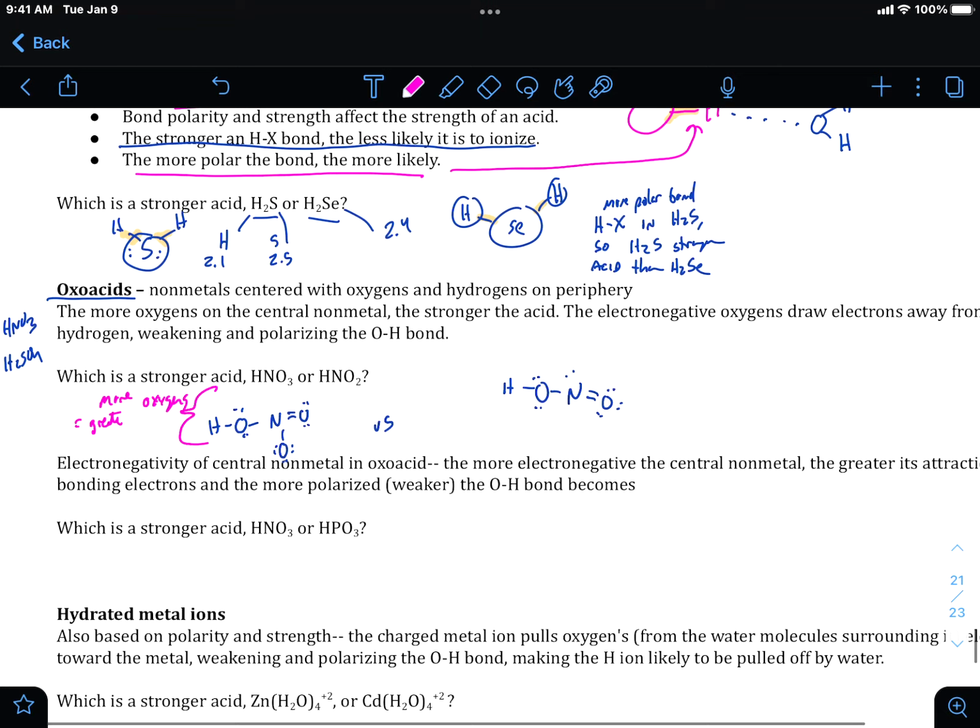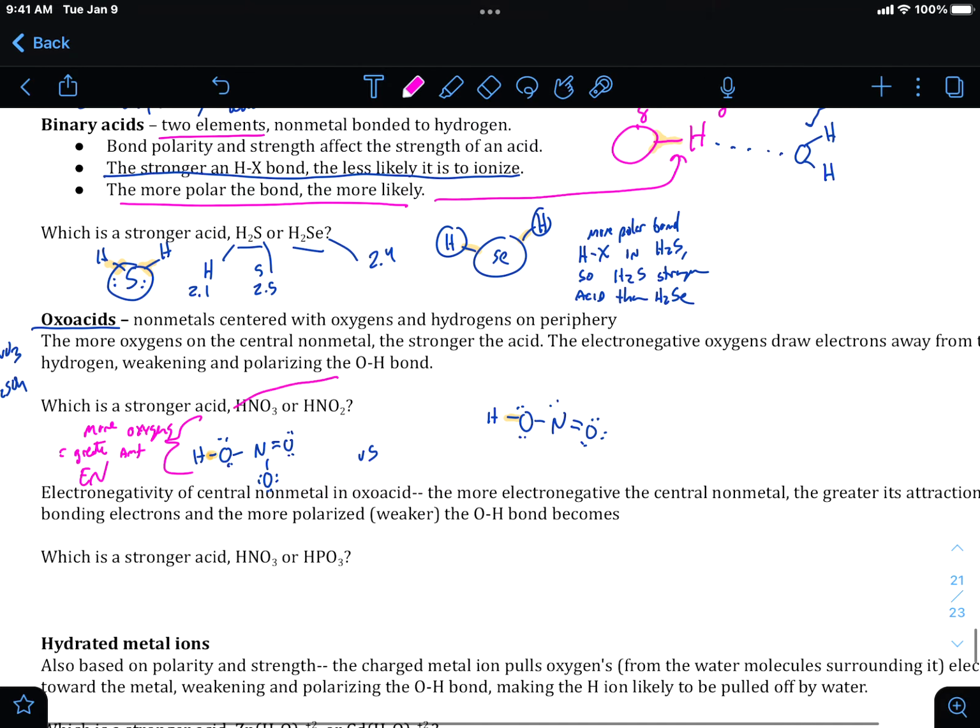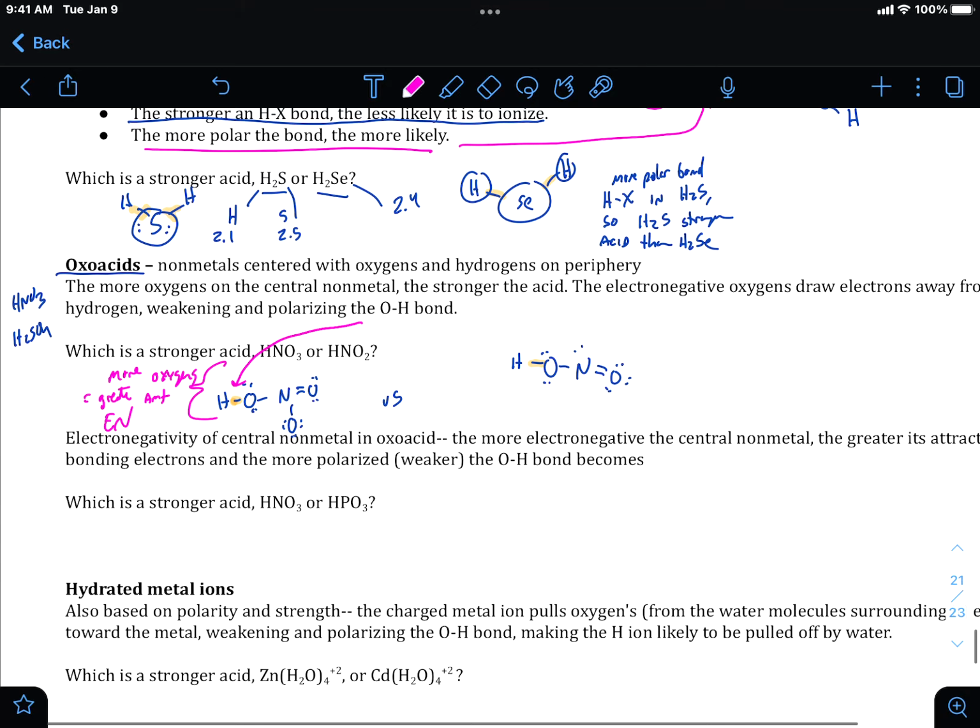equals a greater amount of electronegativity. So HNO3 versus HNO2, the three oxygens offer up more electronegativity, which destabilizes the bond with H, right here. So this bond is polarized more than this bond